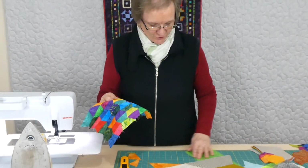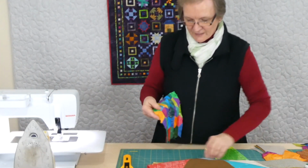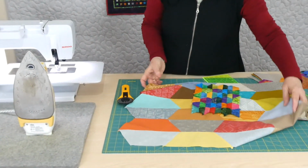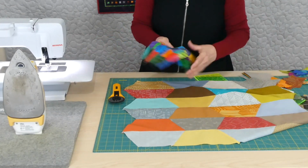Now there's one more thing to show you. I thought we'd just talk about the edges, because now we've got this wonderful edge which isn't particularly what we're used to if we're making a quilt. So I can show you on...